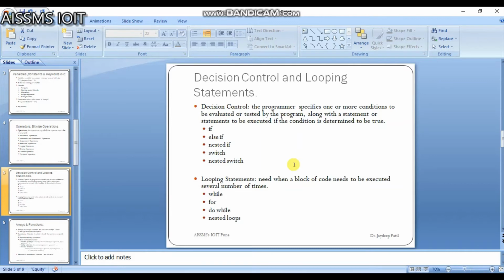These are if, else if, nested if, switch, nested switch. And for looping statements, when a block of code needs to be executed several times, we can use the looping statements, and these are while, for, do while, nested loops.